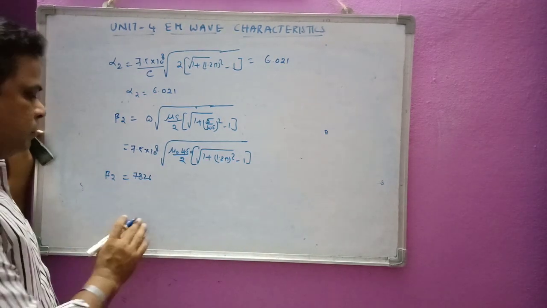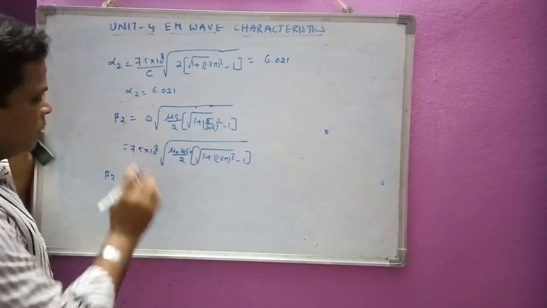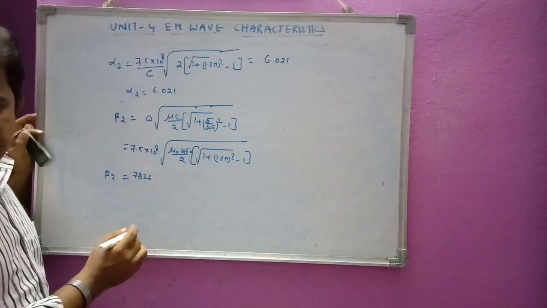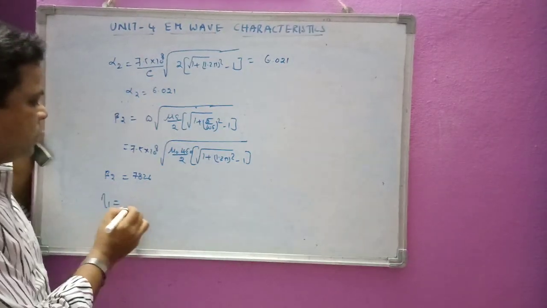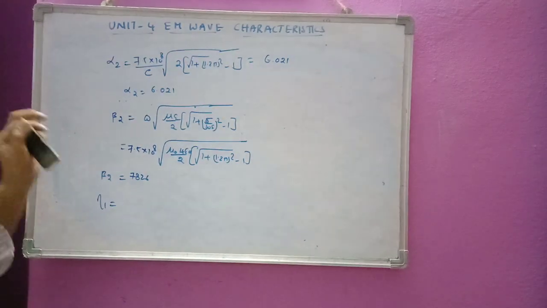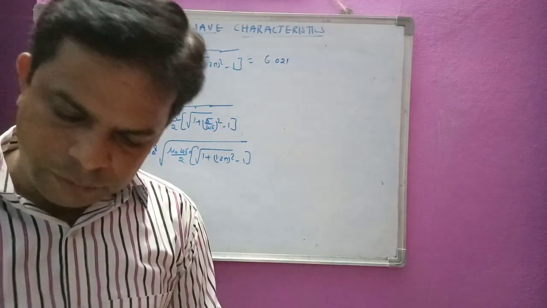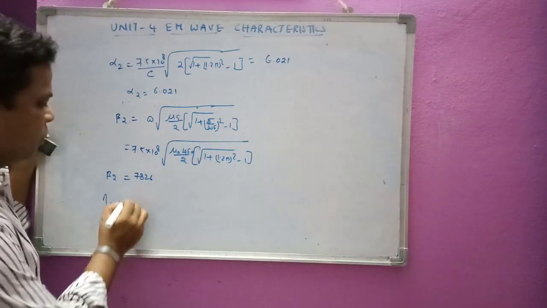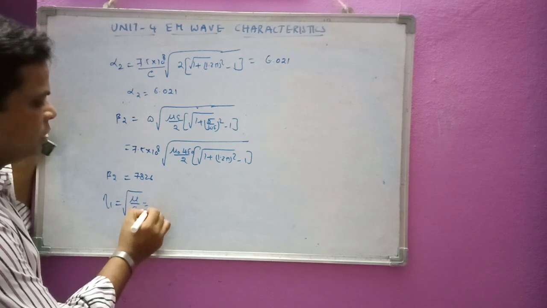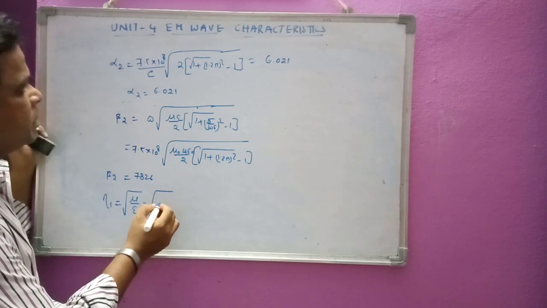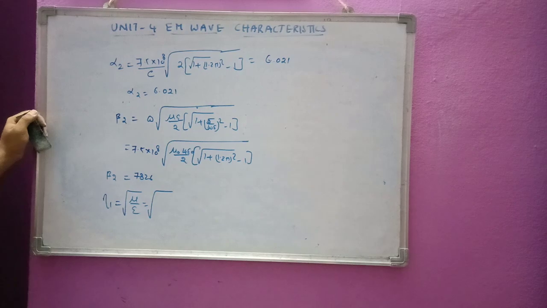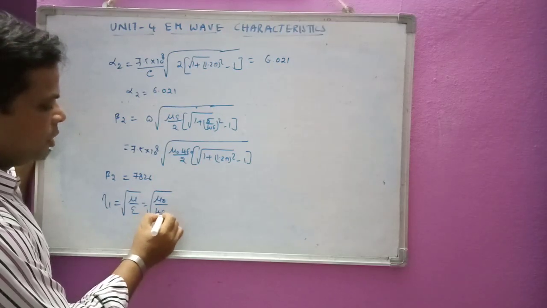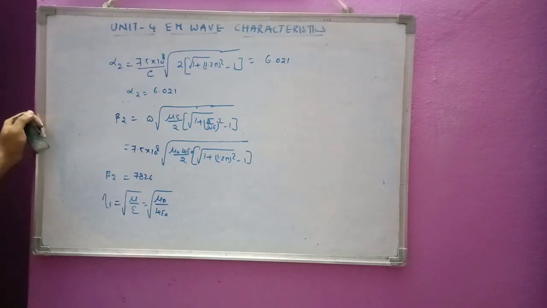And now we have to find the intrinsic impedance of medium 1 as well as for medium 2. That is the intrinsic impedance of medium 1, and medium 1 is given as a lossless medium. So the value for this one will be square root of mu by epsilon, and that is equal to square root of mu, he has given as mu naught only, and epsilon is equal to 4 epsilon naught here, I think.